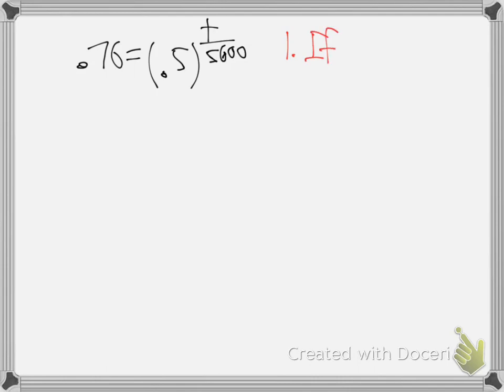Let me go to a fresh screen. So we have 0.76 is, what is it? 0.5 to the t over 5,600. Good to there now? So now we need to solve for t. Now, this is where I want to help you and be real clear on two things. Number one, if you want to get the letter out of power,